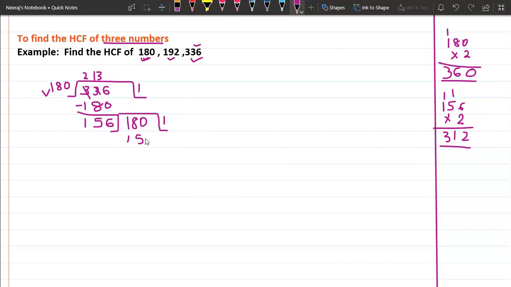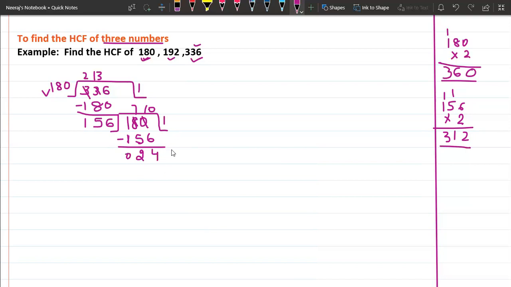156. We'll write 156 down. Now you need to subtract the two numbers, so this could be 10. 10 minus 6 is 4, and this would be 7. 7 minus 5 would be 2, and 1 minus 1 will be 0. So this is coming 24 only.